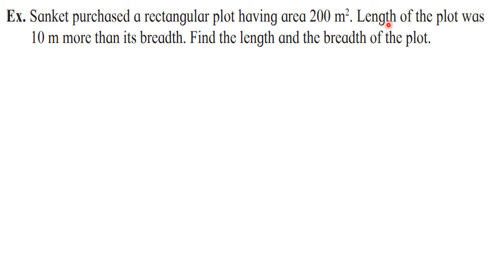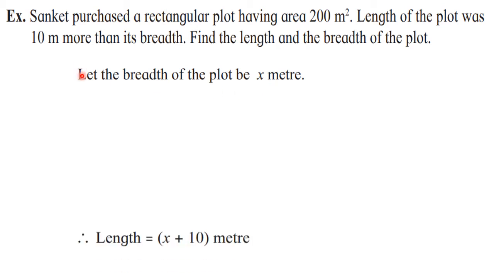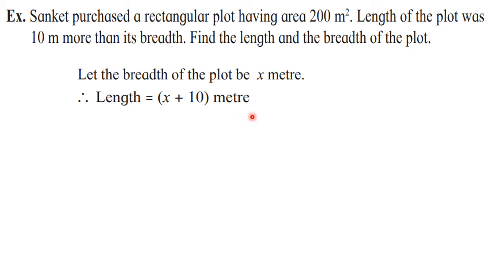So this is condition where we can make use of the variable and we can write down length in terms of breadth. Okay. So let's start now. What we will do is breadth we will take as x meter, because length is given in the form of breadth. Breadth is smaller. So that is taken as x meter. And from this statement, we can write down the length. See, length of the plot was 10 meters more. That means x plus 10. More stands for plus. So the length will be what? X plus 10 meters. Okay.